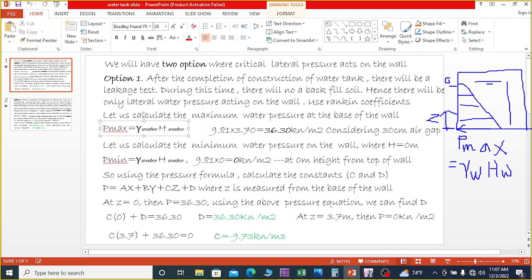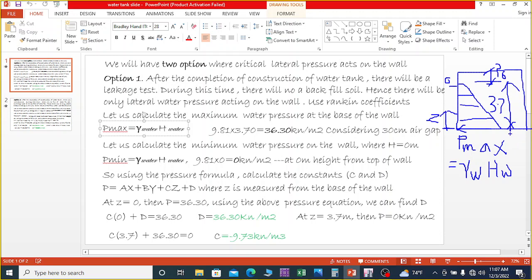Now 3.7 is the height of the water. Here this one is 3.7. Now considering the freeboard, this freeboard is 30 centimeter, and the total height of the shear wall is 4.2,